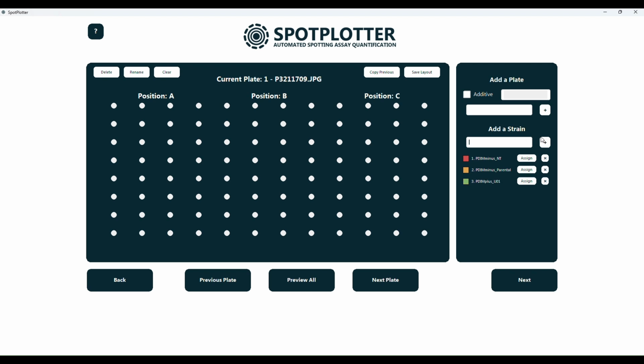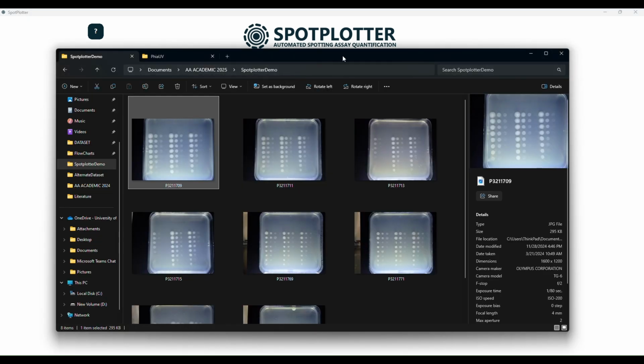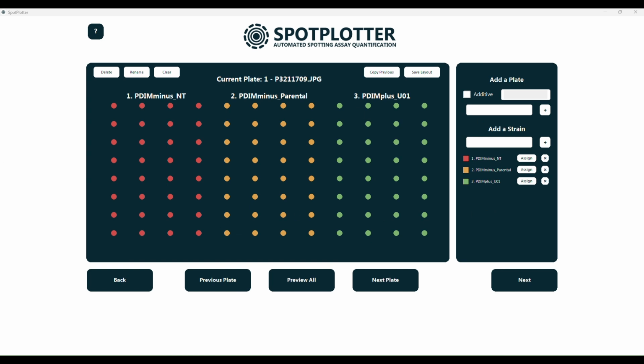And I'm going to assign them to its relative position. So this would be in position A, position B, position C. So I'm happy. This is my plate number 1. I'm going to continue this process for all of the plates. So next I would do this plate. So I'm going to copy the plate name. Don't forget the file extension, add, and I can assign the strains, but in this case it has the same layout as the previous one. So I'm going to click copy previous, which will just assign the strains the same way that it was on the previous plate. I'm going to add my next plate